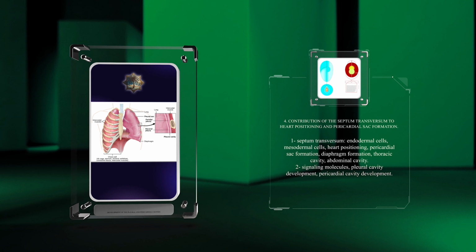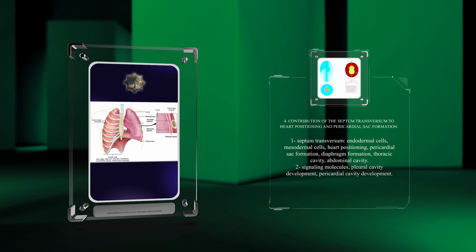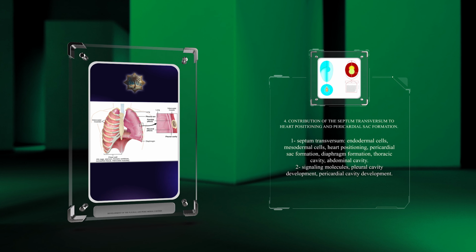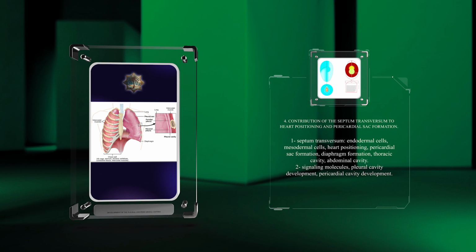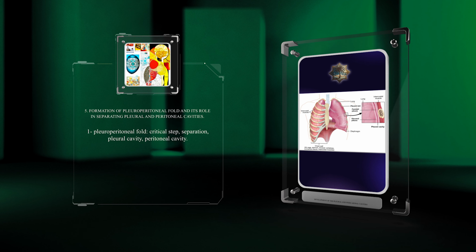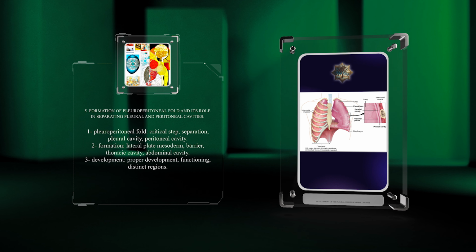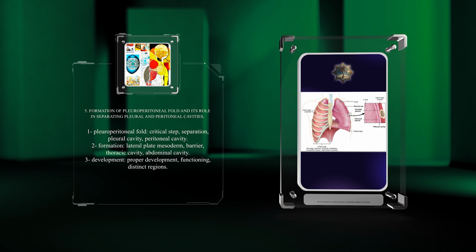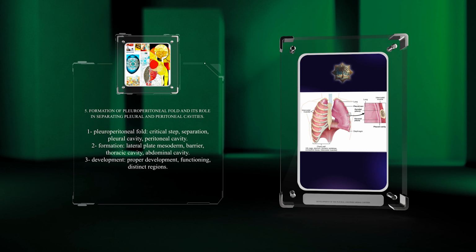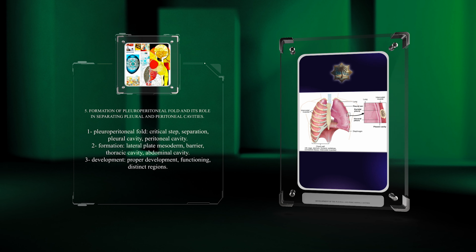It contributes to the formation of the diaphragm, which acts as a barrier between the thoracic and abdominal cavities. Additionally, the septum transversum provides crucial signaling molecules that regulate the development of the pleural and pericardial cavities. The formation of the pleuroperitoneal fold is a critical step in the establishment of the separation between the pleural and peritoneal cavities. This fold arises from the lateral plate mesoderm and grows downwards, creating a barrier between these two cavities. It ensures that there is no communication between the thoracic and abdominal cavities, allowing for the proper development and functioning